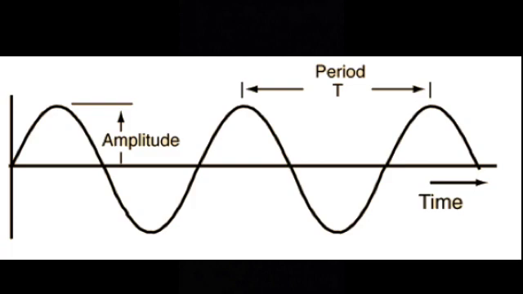Units of time and speed. The basic unit of time is a second. Its symbol is s. Larger units of time are minutes and hours. You already know how these units are related to one another. What would be the basic unit of speed? Since speed is distance by time, the basic unit of speed is meter per second. Of course, it could also be expressed in other units such as meter per minute or kilometer per hour.